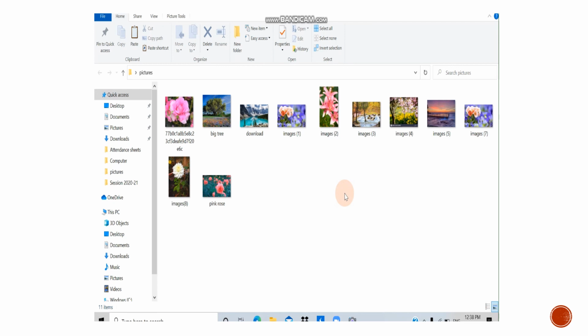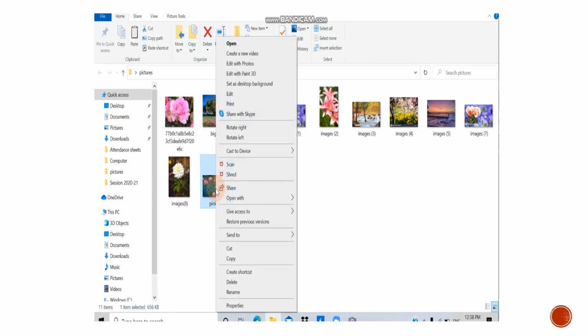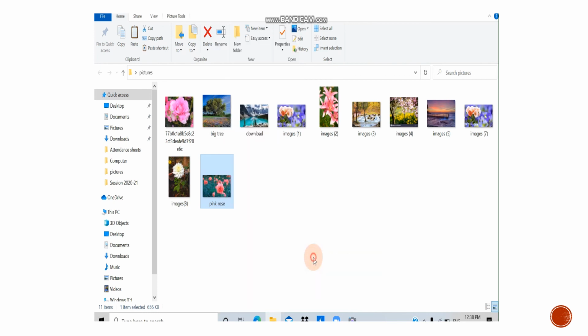What do I have to do? I just click on any picture. Suppose I am selecting this picture. Then I right click on it, go to the send to option and then desktop, create shortcut. I will click on this option. What will happen?